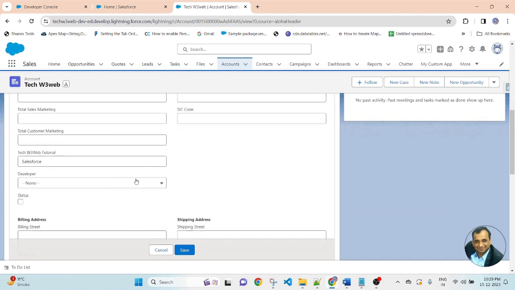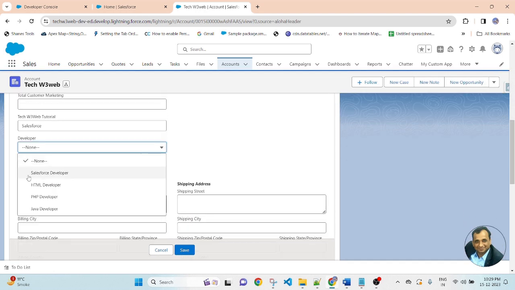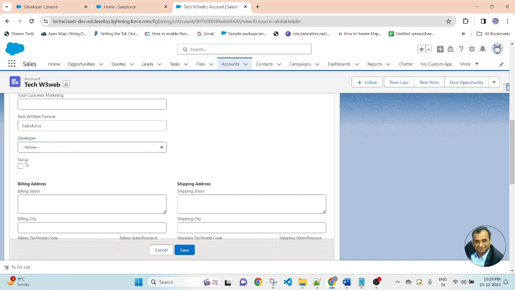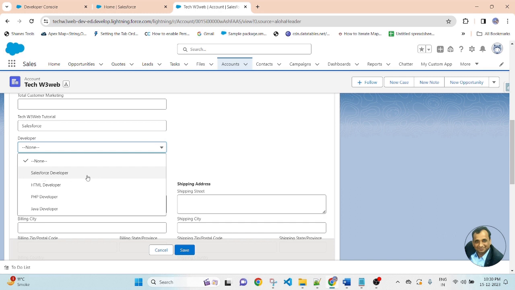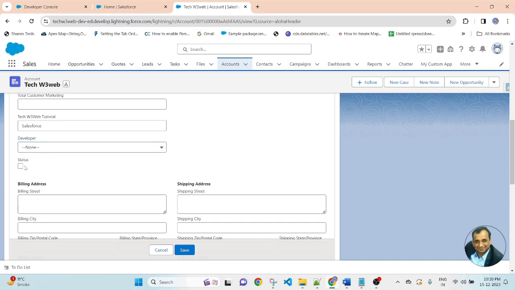Here you can find a picklist value with four options: Salesforce Developer, HTML Developer, PHP Developer, and Java Developer. And there is a status checkbox. Whenever a contact record is created, before creating it, we will check the associated account's developer picklist value. If the developer picklist value is selected as Salesforce Developer, then we will automatically check the status as true.